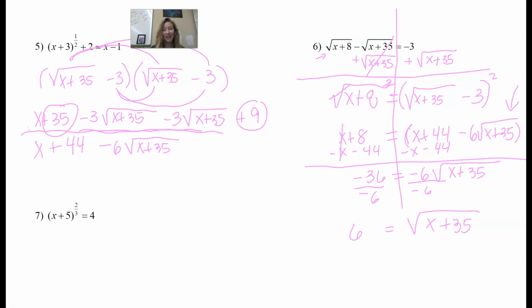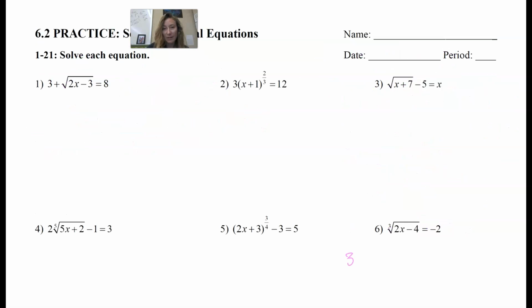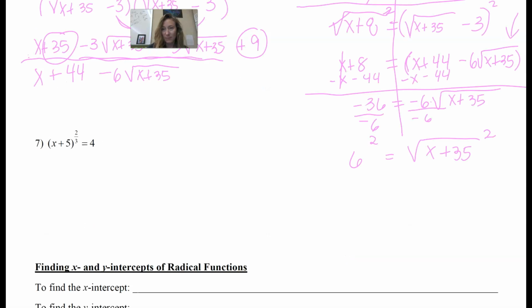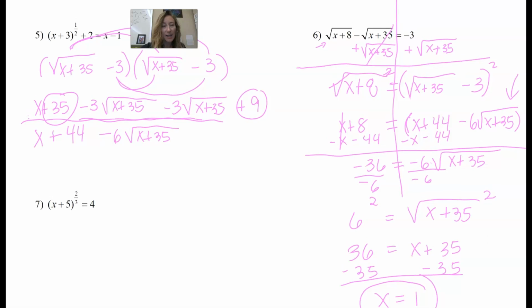Finally, the radical is isolated, and I can get rid of square root with square power, and I get 36 is equal to x plus 35. Subtracting 35, I get x is equal to 1. So that was a huge amount of work. We had to multiply with FOIL using a radical expression as the x value. So it was something very interesting. And so I needed a lot of space to do my work on this problem,